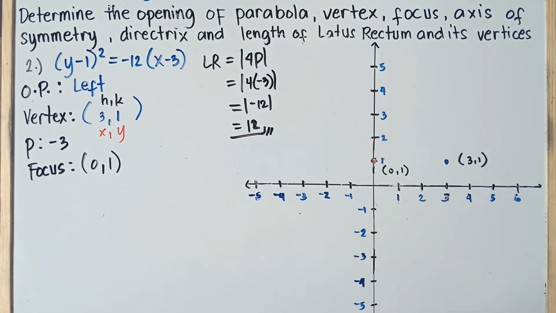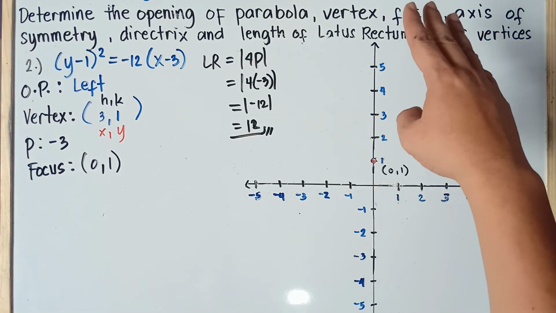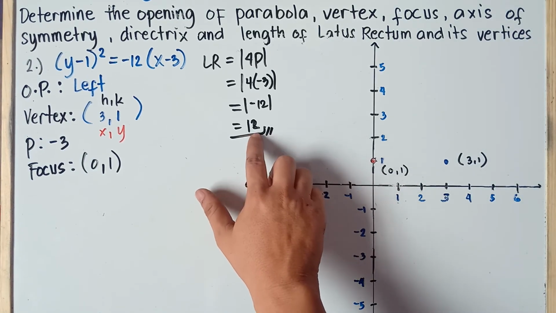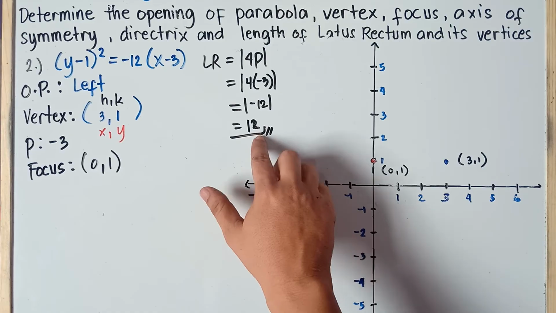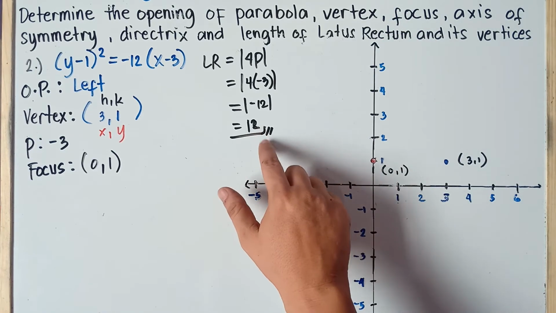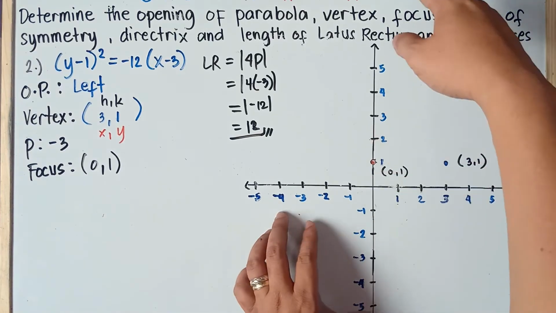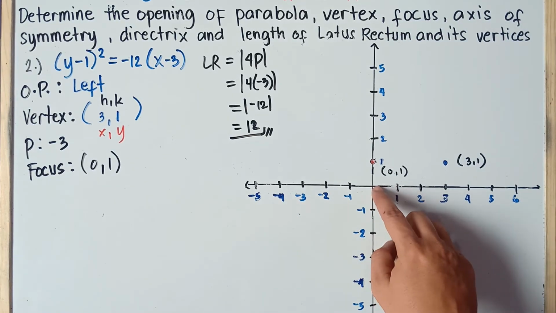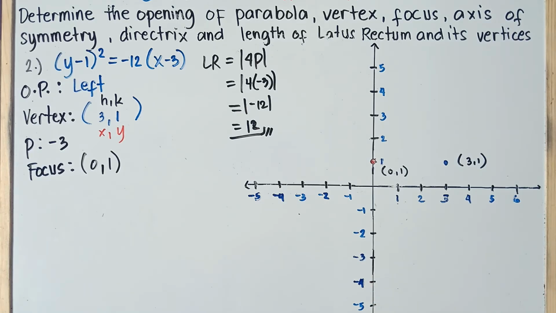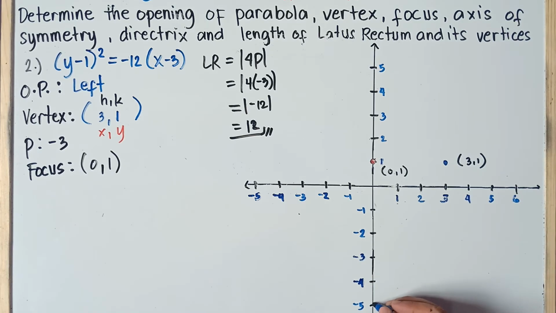Okay, so once again, you move 6 units upward, 6 units downward because this is 12. Do not be confused, class. This is 12. We need to divide this by 2 because our length is 12. Divide this one into 2 equal parts. So 6 units upward, 6 units downward. So 1, 2, 3, 4, 5, 6. This will be our first length. Half of 12, this one.